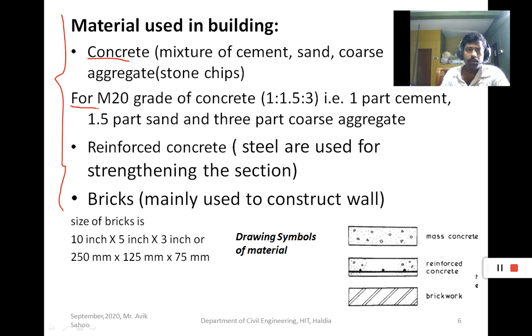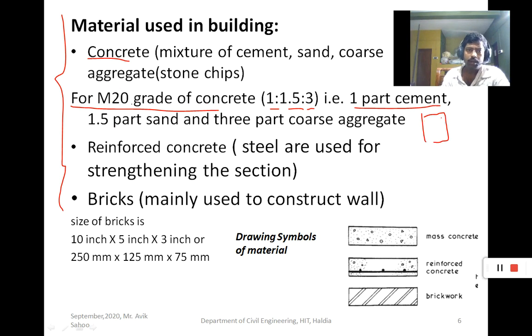Suppose for M20 grade of concrete, the proportion is 1:1.5:3. Here 1 means 1 part cement, then 1.5 part sand and 3 part coarse aggregate to make a particular volume of concrete. The M is the mix design. If I follow the mix design code, then 20 is the characteristic strength, or the ultimate compressive strength,